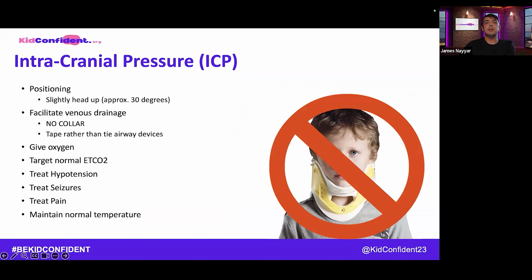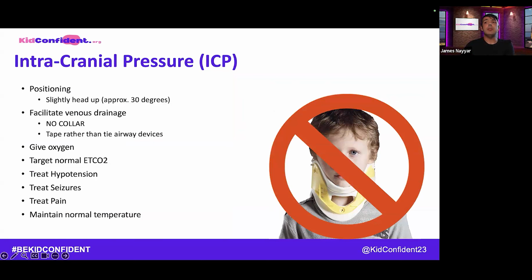I mean, it's these simple things that we do in adults as well. We position them differently, so we try and get them slightly head up. Approximately 30 degrees is what the books say, but we just achieve what we can, and that might be some rolled up blankets underneath a scoop on a trolley, because they still need to be securely fastened up in the back of an ambulance when you're taking them to hospital.